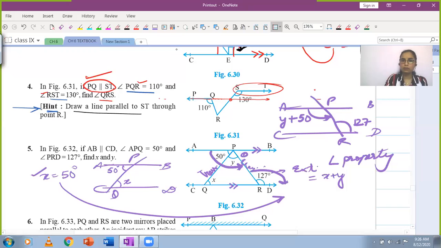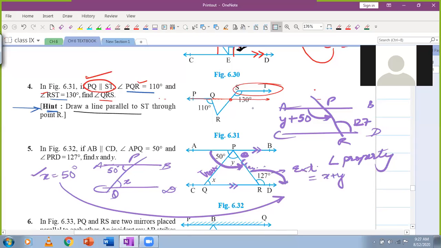So again, there are multiple ways to do this question. Ma'am, can we just take PR as transversal and add that angle plus 127 equals to co-interior? From that we will find that angle which is missing, and that plus 50 plus y equals 180. Of course, that's also fine. Find this one angle, the angle BPR. Angle BPR can be found using 127, co-interior angles on the same side of the transversal. That's also correct.